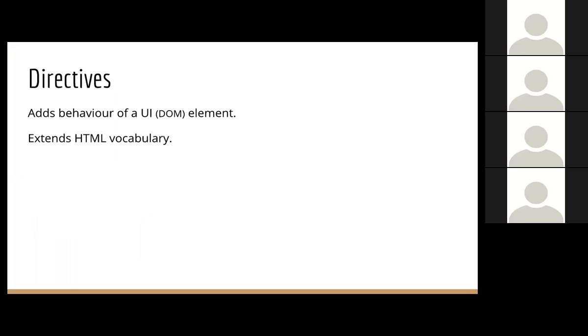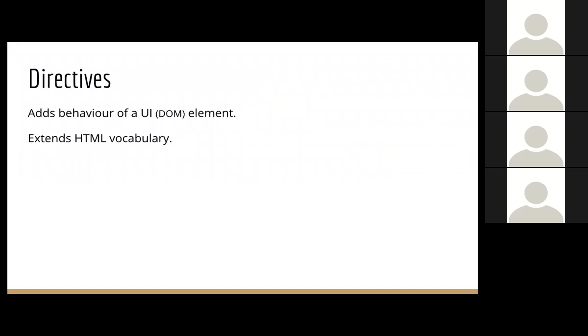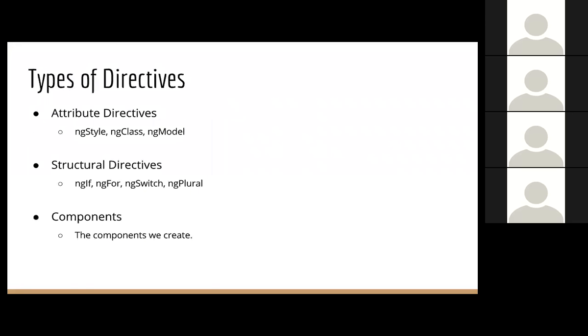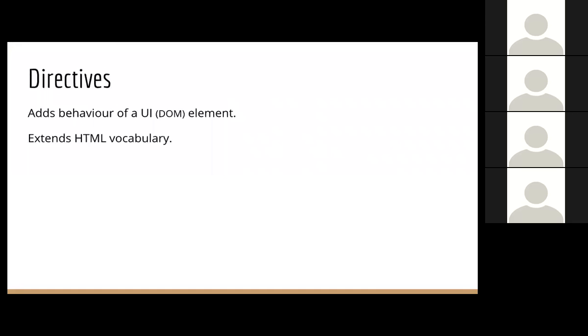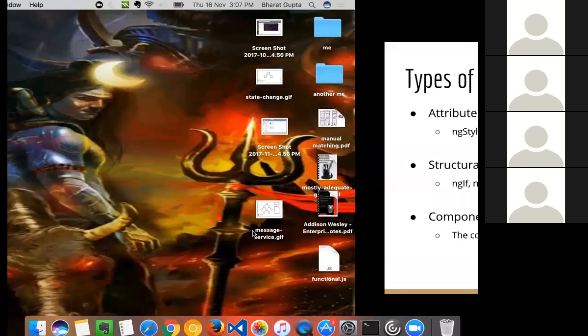Directives just add behavior to a UI element, and can also extend HTML vocabulary. Directives can be of three types: attribute directives, structural directives, and components. Attribute directives and structural directives are the ones which add behavior to a UI element, and component is the one which extends HTML vocabulary. By that I mean, when you write your components in the HTML, so you specify